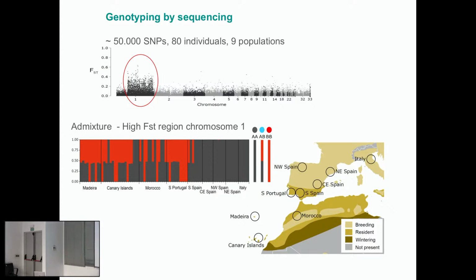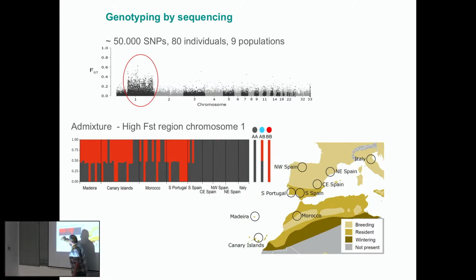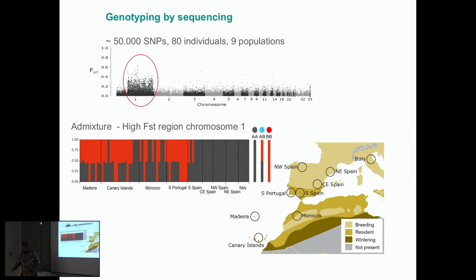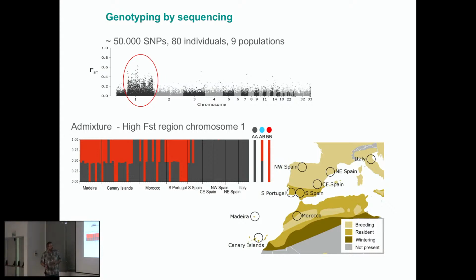The red ones, you can see we are representing them with this red dot, could represent one chromosomal type. And you can see some individuals in southern Portugal, in the Canary Islands, that are completely red. And we have some other individuals that appear as black with the other kind of chromosome, and some other individuals that are perfectly 50-50. It seems as if we have two types of chromosomes that are moving around the population. And that was not all.